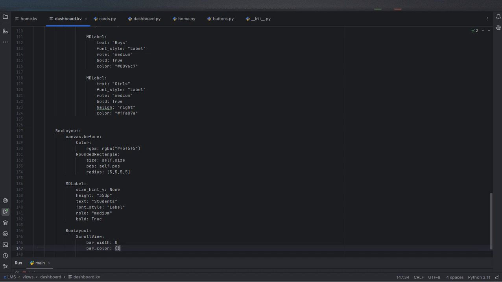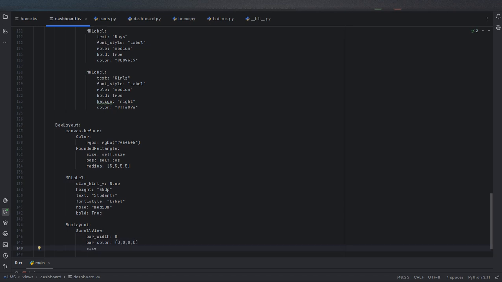So whenever the bar width doesn't work, the bar color is going to be transparent, so it's not going to be visible by any means. So here when I say 0, 0, 0, 0, right, then we're going to say size hint y, so we're going to set this to none,